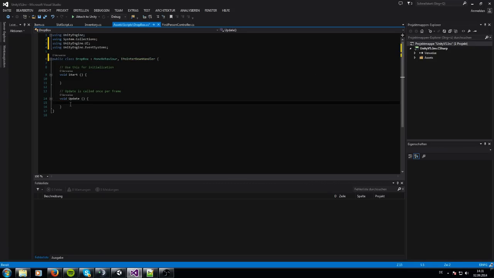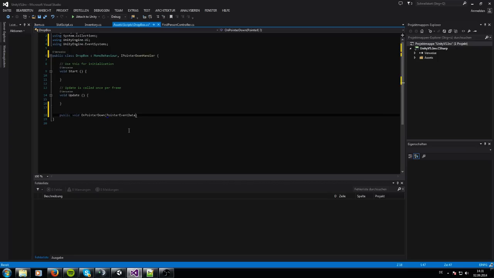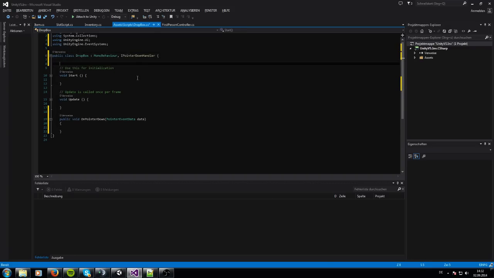So now we can attach our pointer down handler, which we need. When we click on it, the item is getting dropped, and we add our function which we need, OnPointerDown, with the variable PointerEventData. So what we want to do, we want to drop an item when we drag an item. So only when we drag an item. So we have to attach the script from the inventory if we drag. So we need inventory,